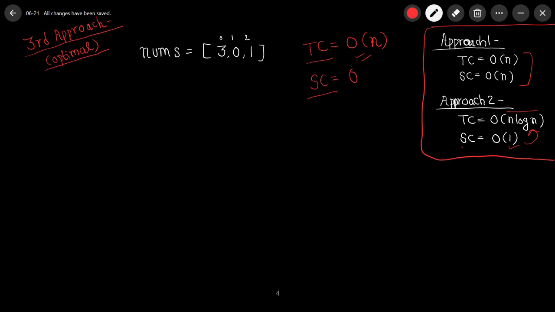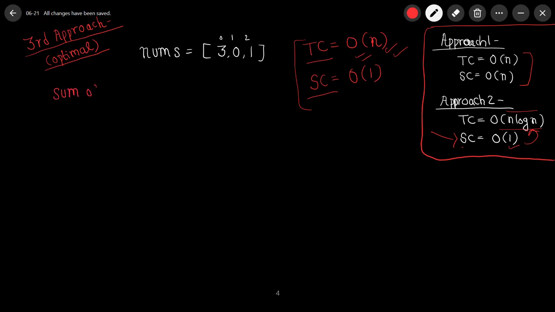So we would see how we can do this in constant space without requiring any extra space. Here we did it, but the time complexity got compromised. But keeping the current time complexity O(n), let's see how we can solve this in constant space. To do this, we would use a mathematical formula, which says that suppose